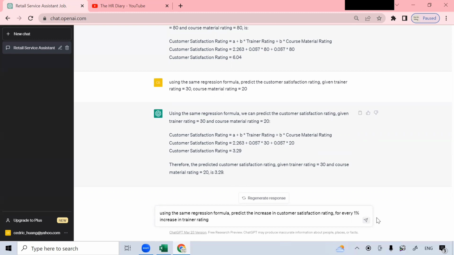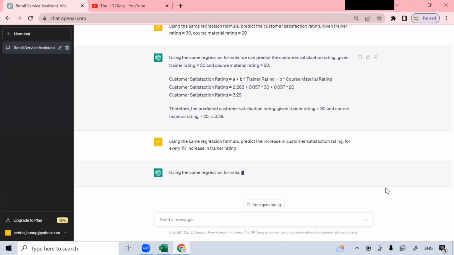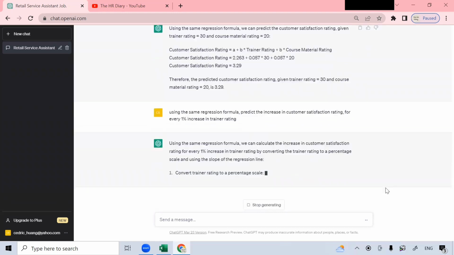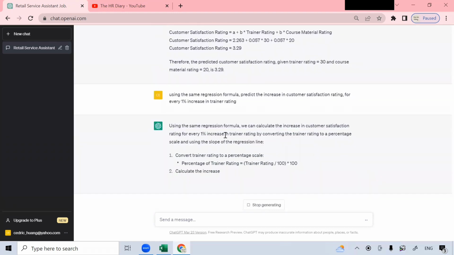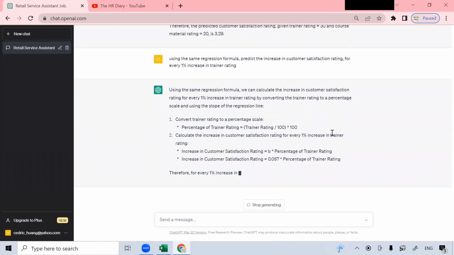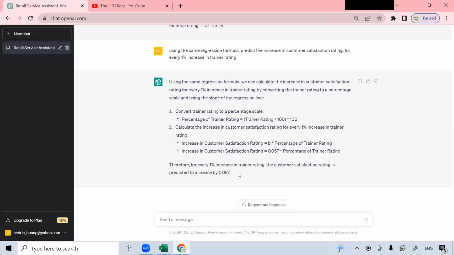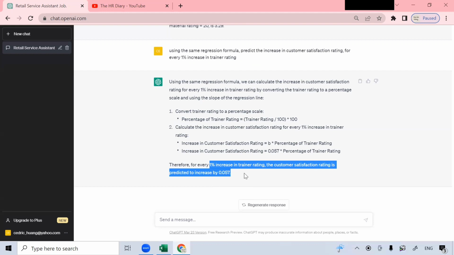Let's click this button and see. So it tells you how it calculates. And here's the answer. For every 1% increase in trainer rating, the customer satisfaction rating is predicted to increase by